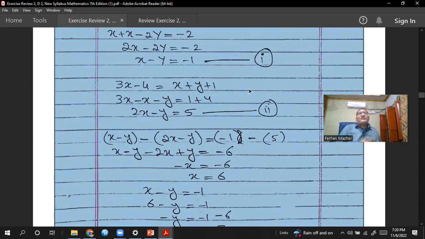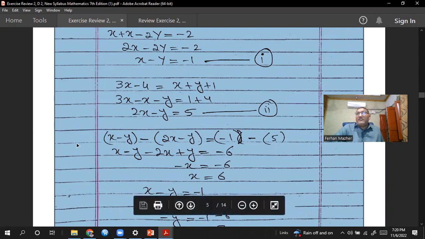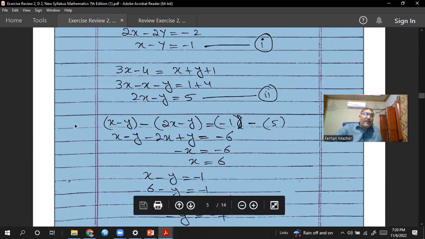So 3x minus x minus y is equal to 1 plus 4. So 2x minus y is equal to 5. So these two, this is my second equation. Now you can see the coefficient of y is the same, both coefficients are minus 1. So I will subtract these two equations from each other. When you subtract them, the value of y will be eliminated, and you will get the value